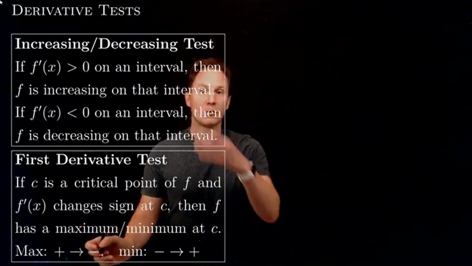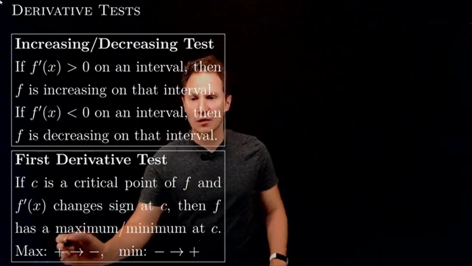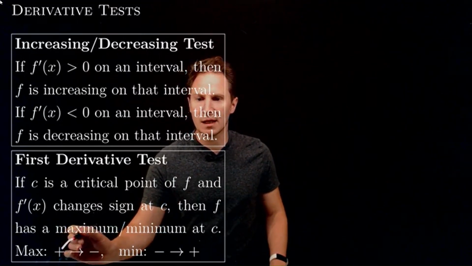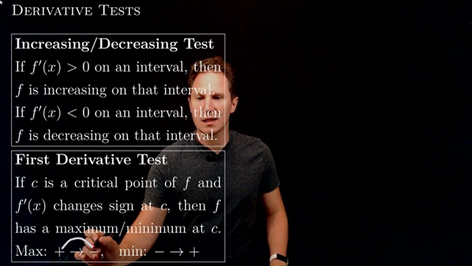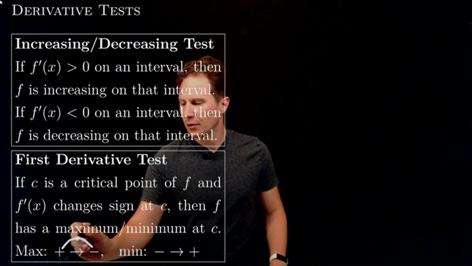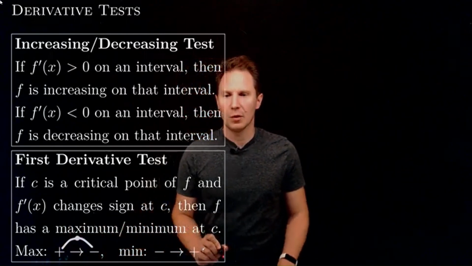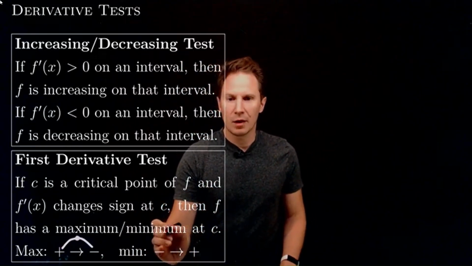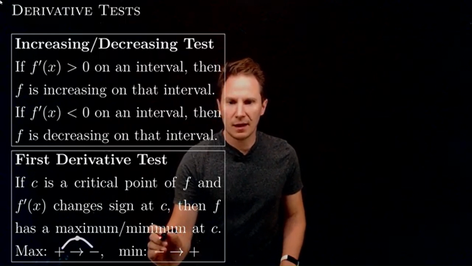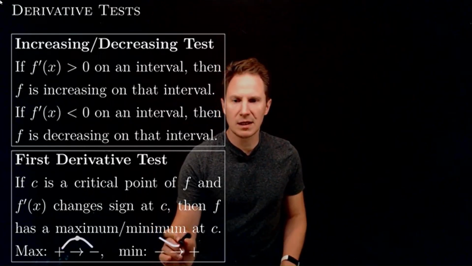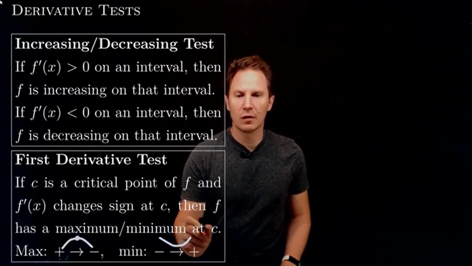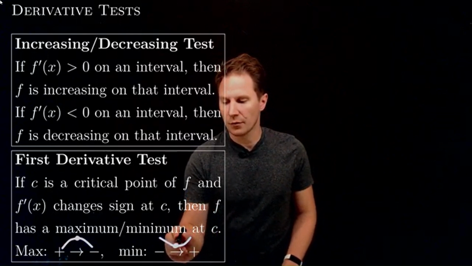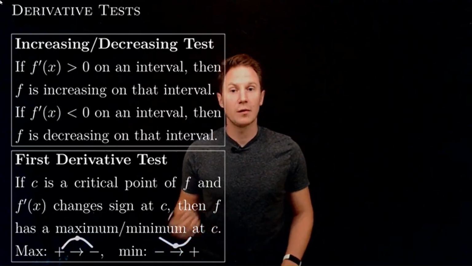And this makes sense when you compare it with the increasing-decreasing test, because a positive first derivative means that the function is increasing and then goes to decreasing as the first derivative becomes negative. So the function must have a maximum at that point where the derivative changes sign from positive to negative, whereas the first derivative being negative means the function is decreasing, and then changing sign to positive means that the function starts increasing. So at that point where the change of sign from negative to positive happens, the function must have a